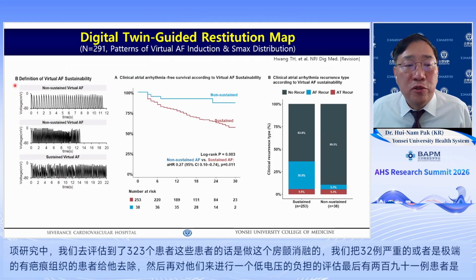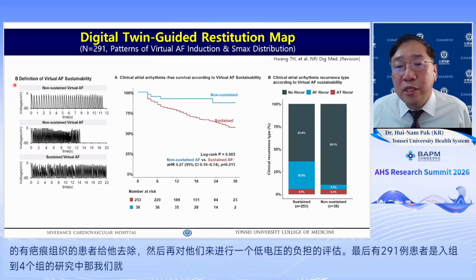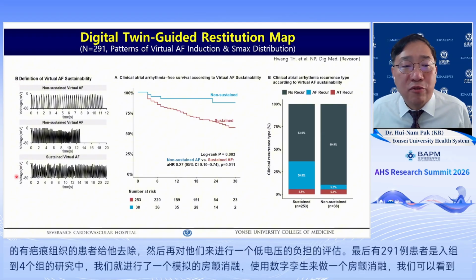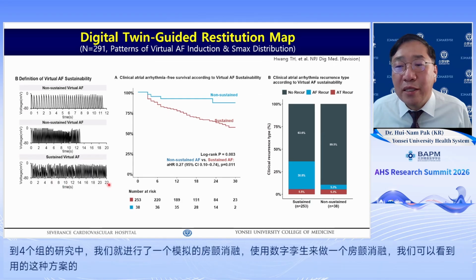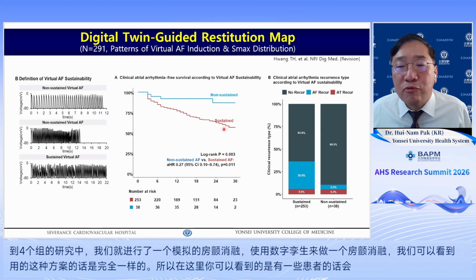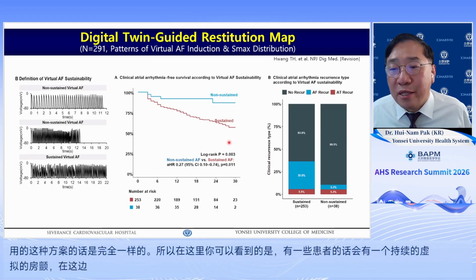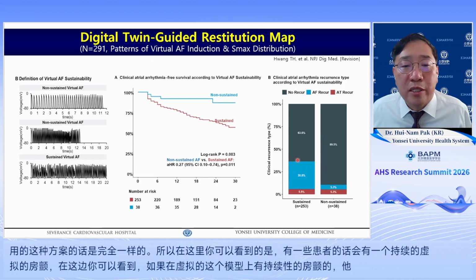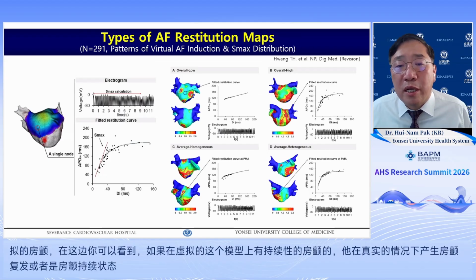First, we performed the virtual atrial fibrillation induction test using digital twin. We used exactly the same virtual ramp pacing protocol as in the EP lab, and we defined sustained atrial fibrillation as cases that maintained atrial fibrillation for longer than 22 seconds. And after a median follow-up of 23 months, the recurrence rate was significantly higher in patients with virtual sustained atrial fibrillation, and the recurrence in the form of atrial fibrillation was particularly high in this virtual sustained atrial fibrillation group. We also conducted a cluster